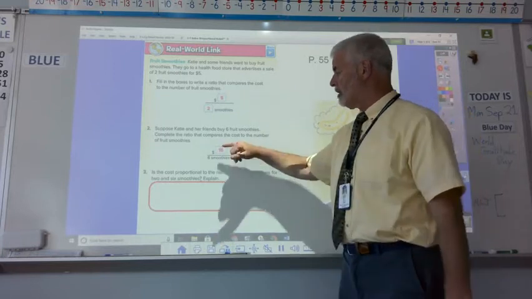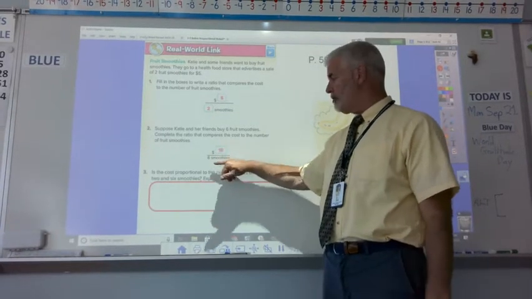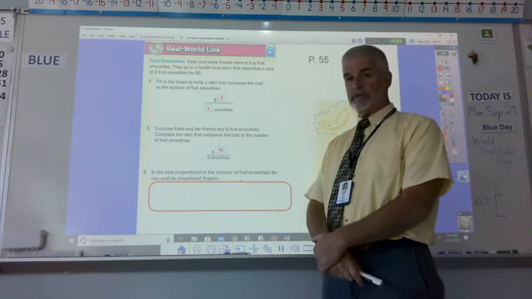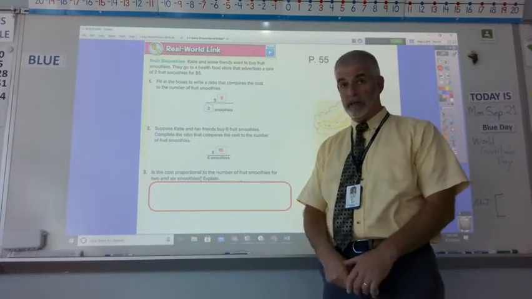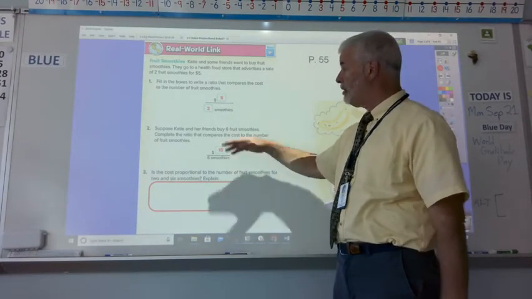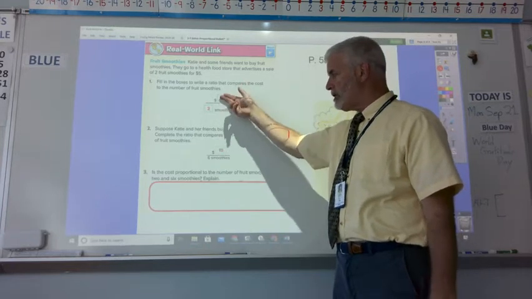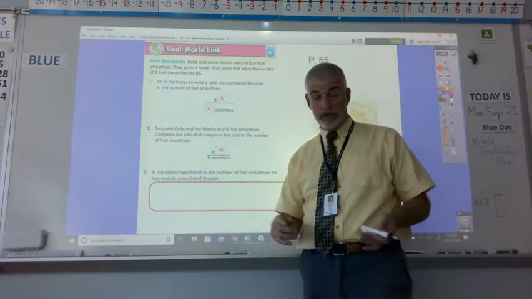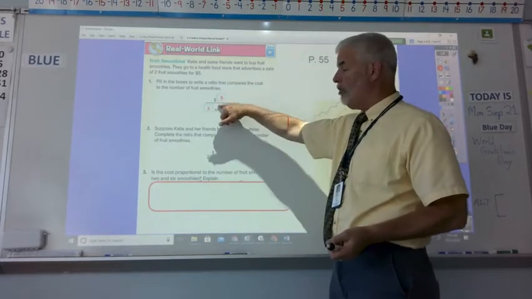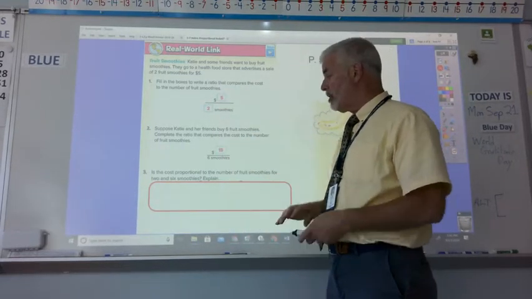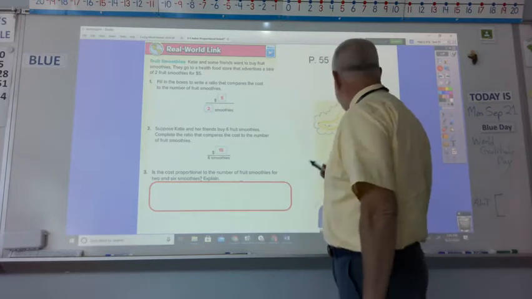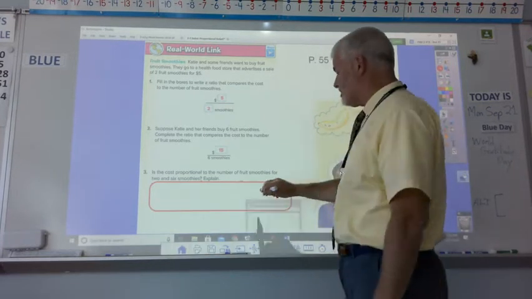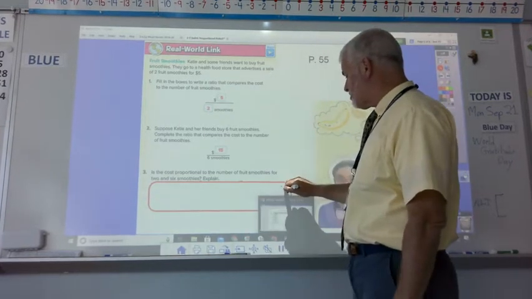Is the cost of the smoothies proportional to the number of smoothies for 2 and 6? Okay, is the cost proportional? Well, are these ratios equal? That's how we check to see if relationships are proportional. If you divide these numbers, do you come out to the same answer? And the answer is yes, because